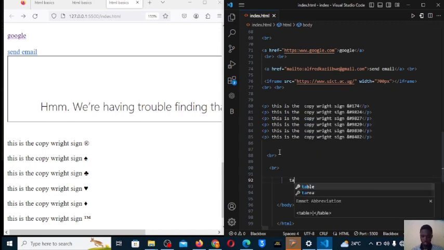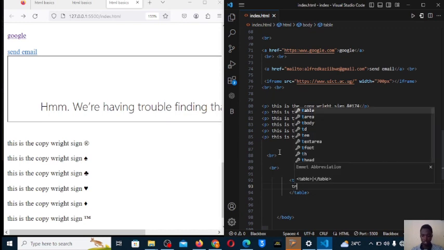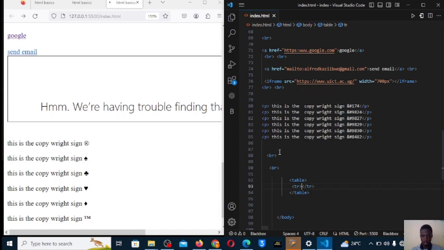First write the tag table. Then inside a table there is a table heading and table data. But before that, we go for a table row. We write a row, press enter. Then inside a row we can put table headings, something like serial number,